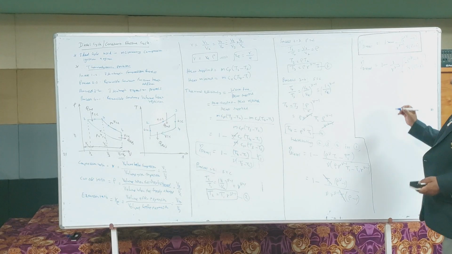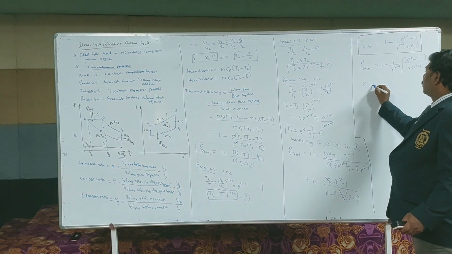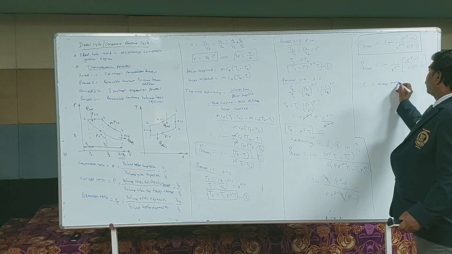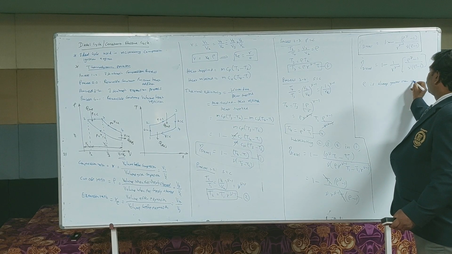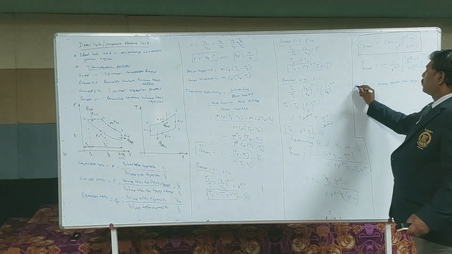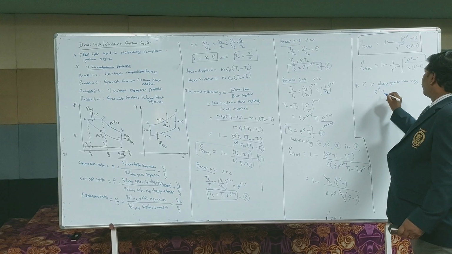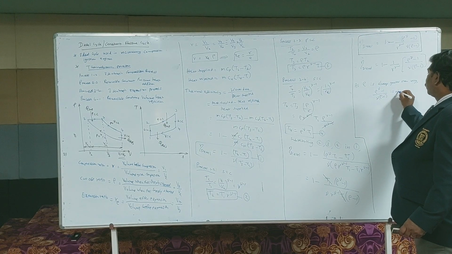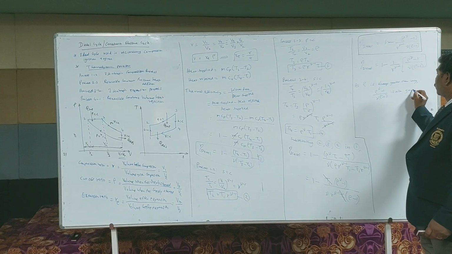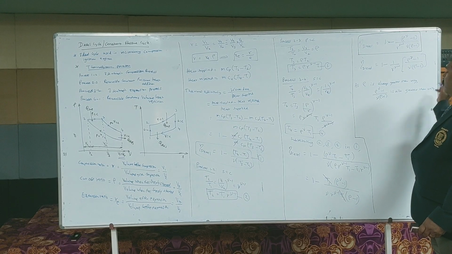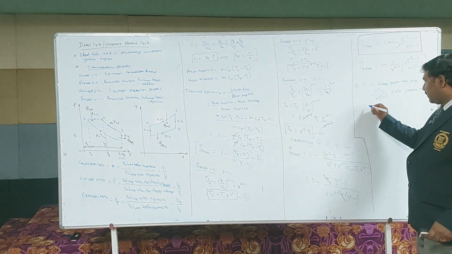In this equation, rho is always greater than unity. As rho is always greater than unity, the rho power gamma minus 1 by gamma into rho minus 1 is also greater than unity. Hence,